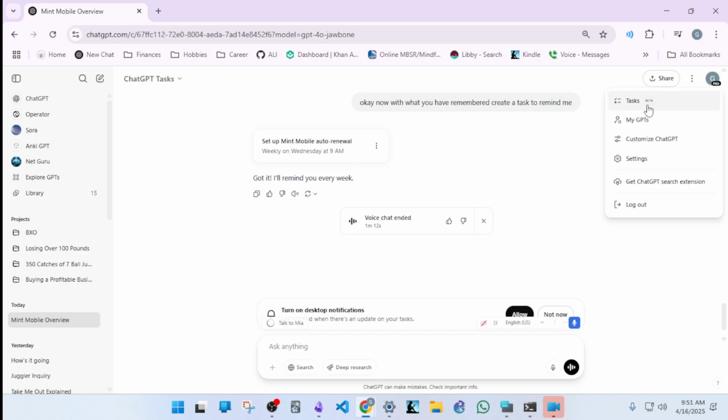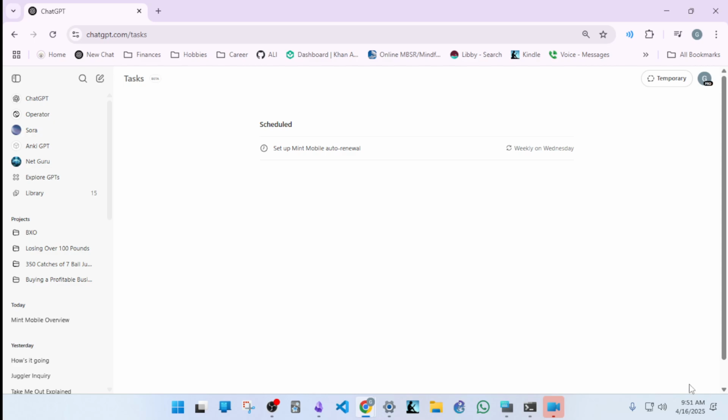So we should be able to go into tasks. There we go. And now I've got one task. Set up Mint mobile auto renewal. I'm not going to do it now just because I don't want to. Okay, and I don't want to because